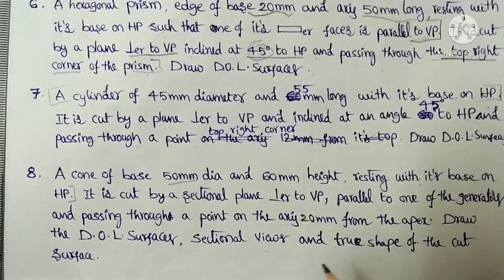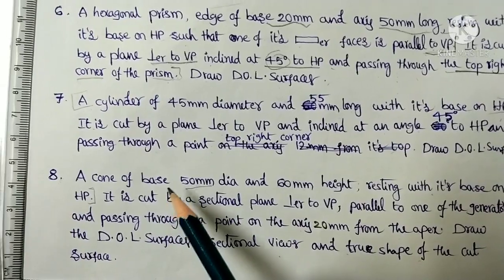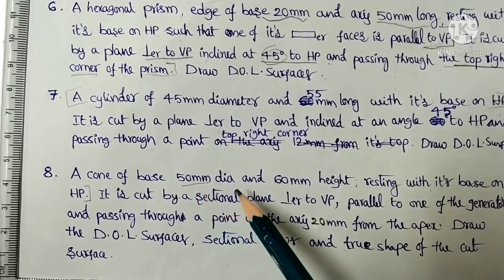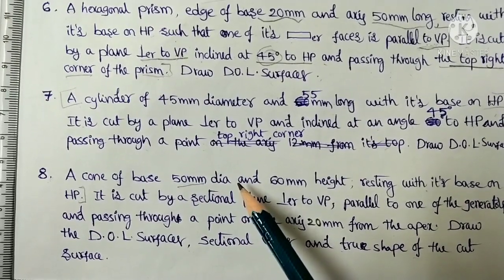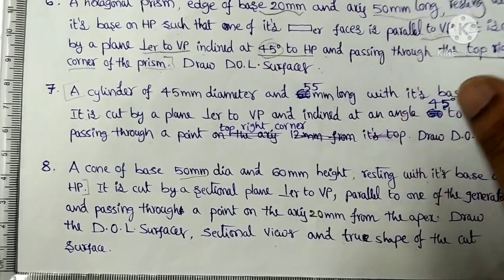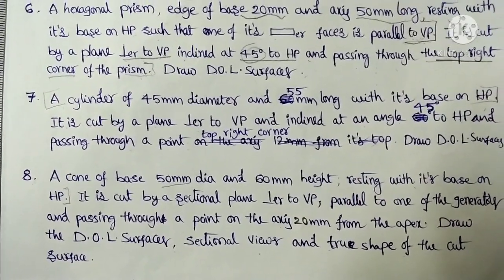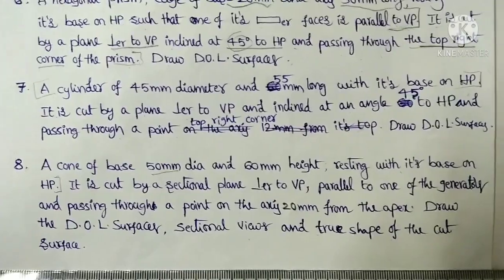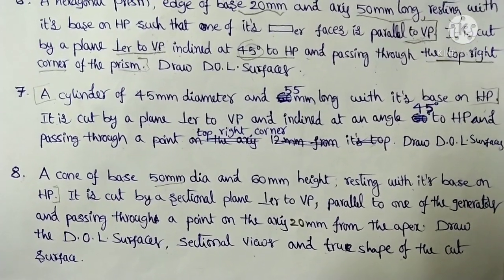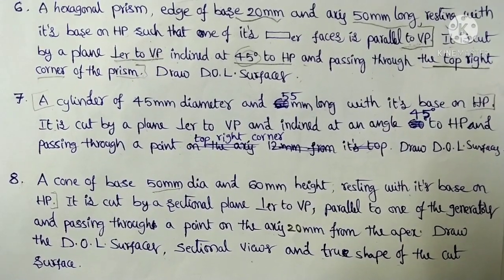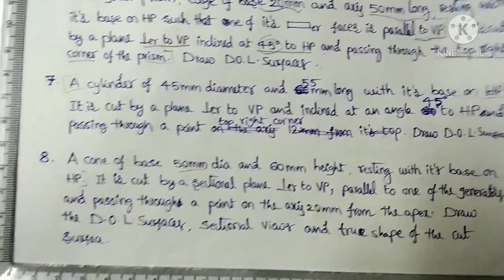So here initially we can complete the orthographic projections of the cone. The object is located on the HP, which means in the top view we will get the true shape. So initially we can construct orthographic projections of the simple cone, and next we can develop the simple cone according to problem number 4. We have completed problem number 4 in the second part of the development of surfaces. So we can follow the same procedure here also.